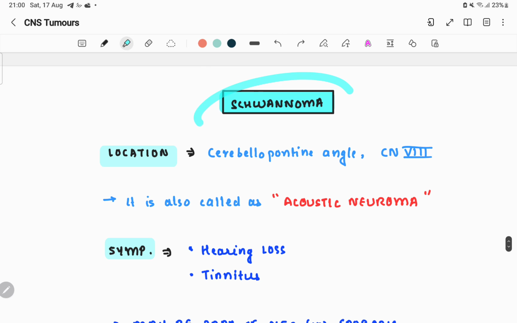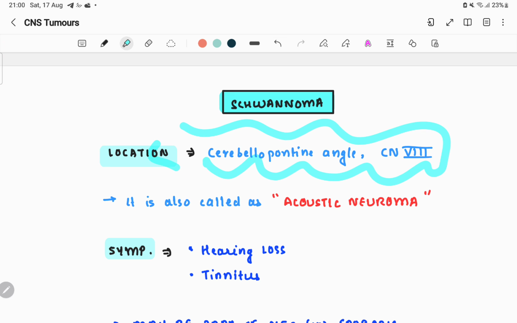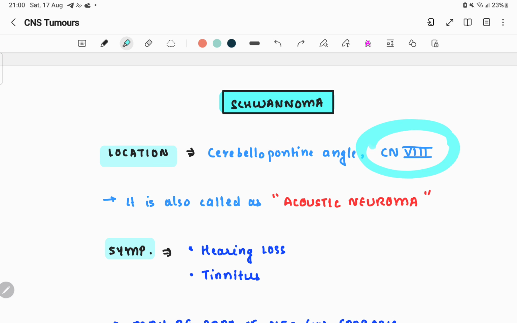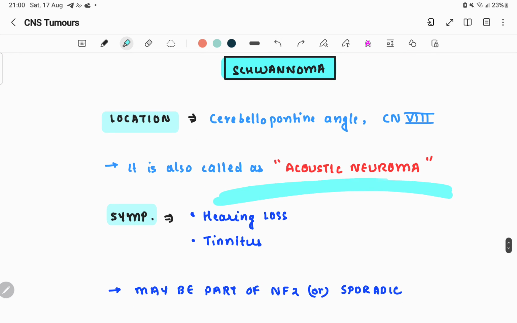Talking about schwannoma. Okay, the last tumor is the schwannoma. Location is the cerebellopontine angle, cranial nerve 8. This is important. So it is also called acoustic neuroma, but this term is a misnomer. Remember, acoustic neuroma is actually a misnomer